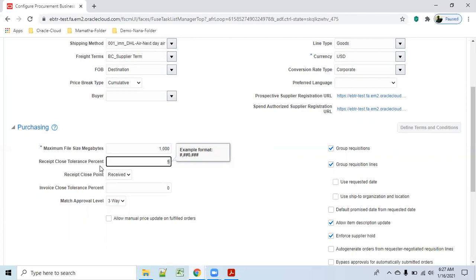Suppose some items, let us take a rice item, or any item which has weight. Due to some weather conditions the weight will vary. Sometimes 9.5 will come, sometimes 1 kg will come. You can find those kinds of variations in oil measurements or in rice. So at that time this tolerance will be applicable.